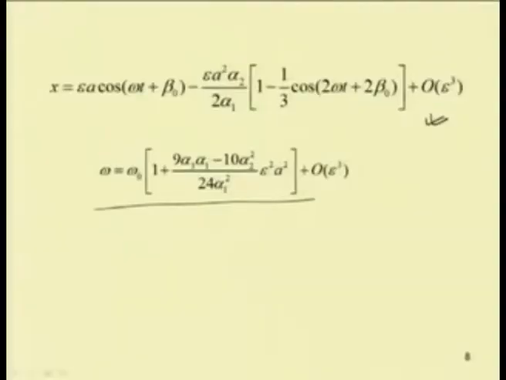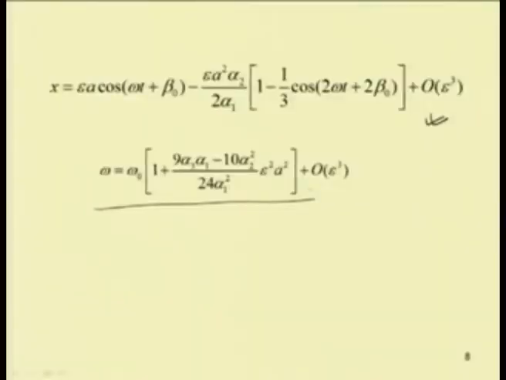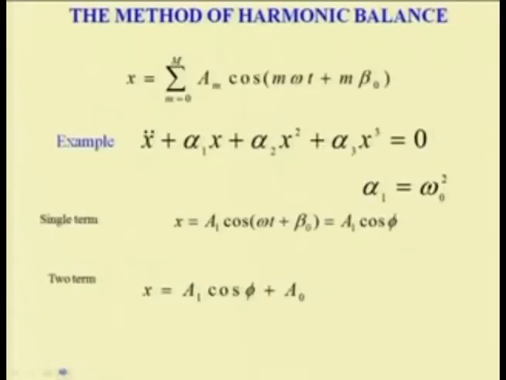The limitation of the method of multiple scales is that we can use it only when we have a small parameter as the coefficient of the nonlinear terms. For large coefficients, it will give erroneous results. So, one can go for the harmonic balance method and find the solution if the solutions are known to be of harmonic type a priori. So, in the case of the harmonic balance method,